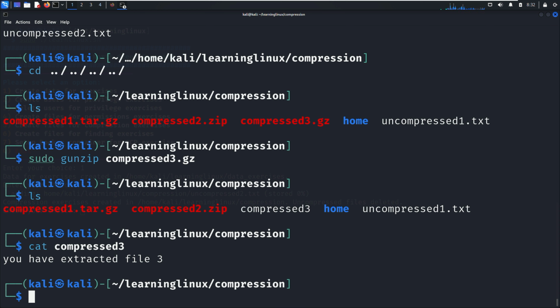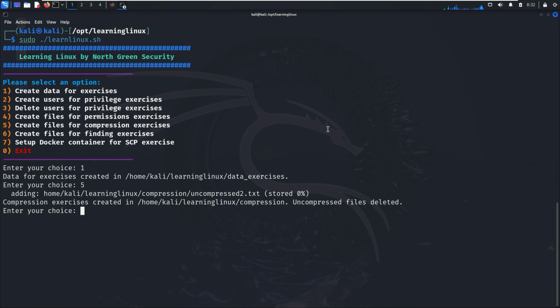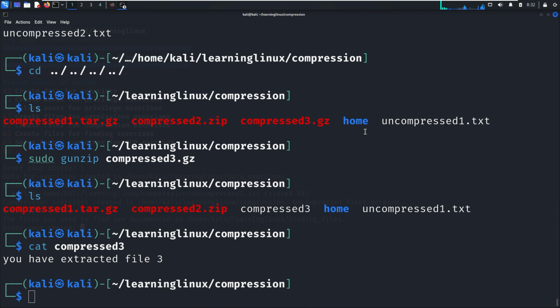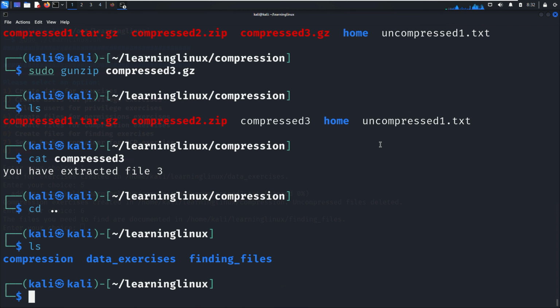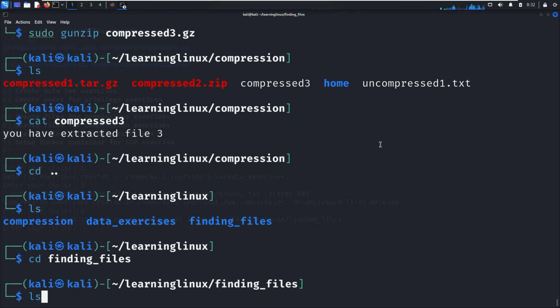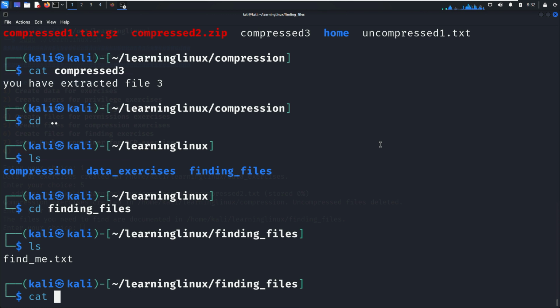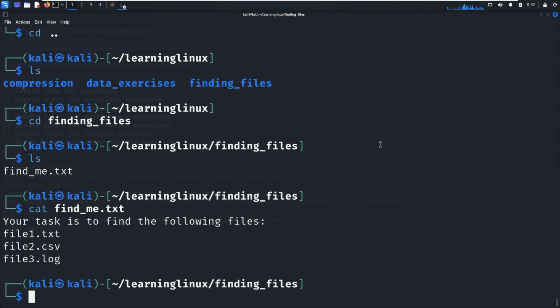Okay, one thing that always comes up when using the command line effectively is how do we find files? So if we jump into number 6 here, create files for finding files, then we can jump into our file finding directory, and this will give us information about what files we need to find. Okay, so we've got 3 different files, unique file names. They're not going to be able to be found on the machine unless you've run this, because they're all just unique file names. And we can have a look at a couple of different ways